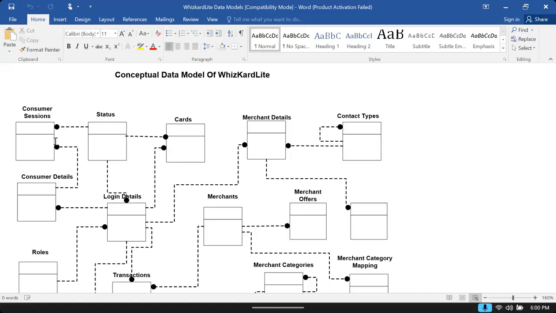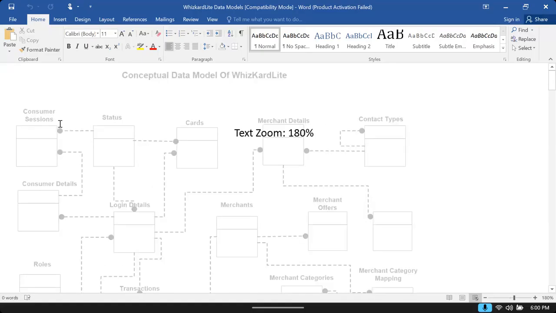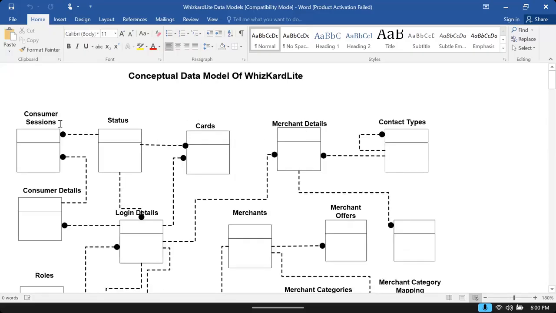You can see this is the diagram of a sample conceptual model. This is one of my old sample projects. We will prepare this for our projects.